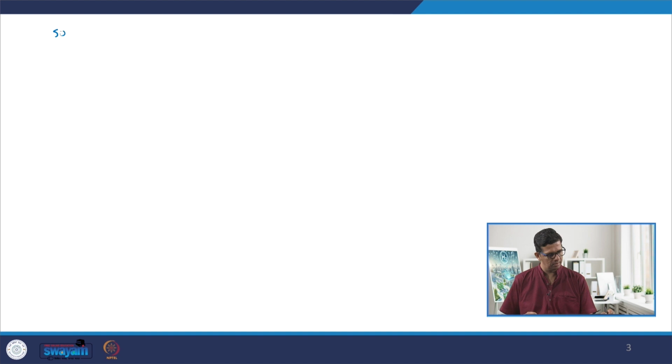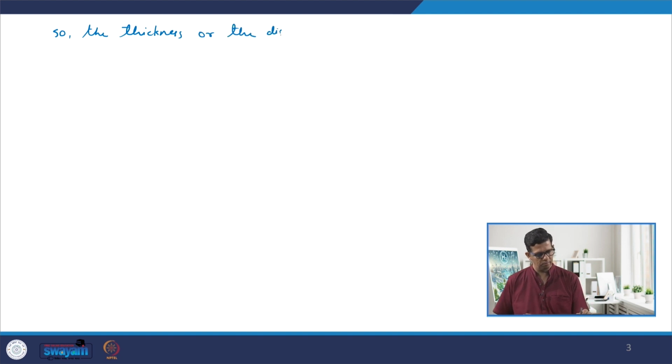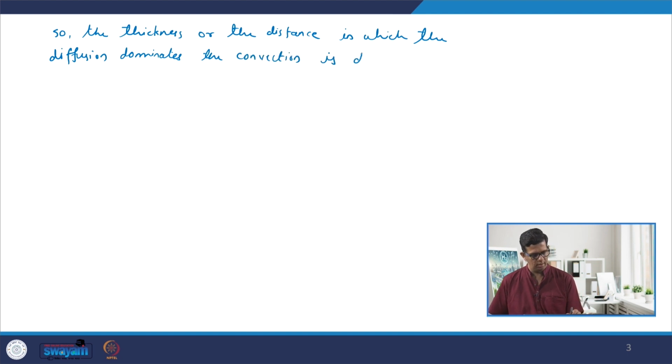So, this thickness, or the distance in which diffusion dominates the convection, is the diffusion layer thickness. It is denoted by delta,